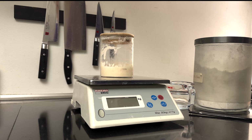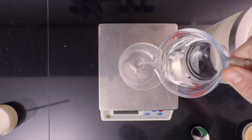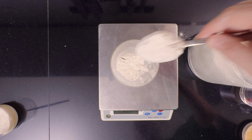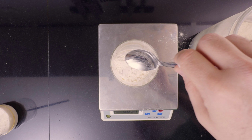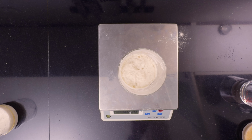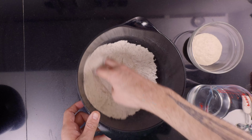On the 3rd day, I started to see some activity in the starter, and I decided I would bake using it. On the 4th day, it grew a bit more, and on the 5th day, it grew about 50%. Then I grew the starter 1 to 50 to 50. This was the result the following day. That's an active starter. So I made another bread, mixed the dough,